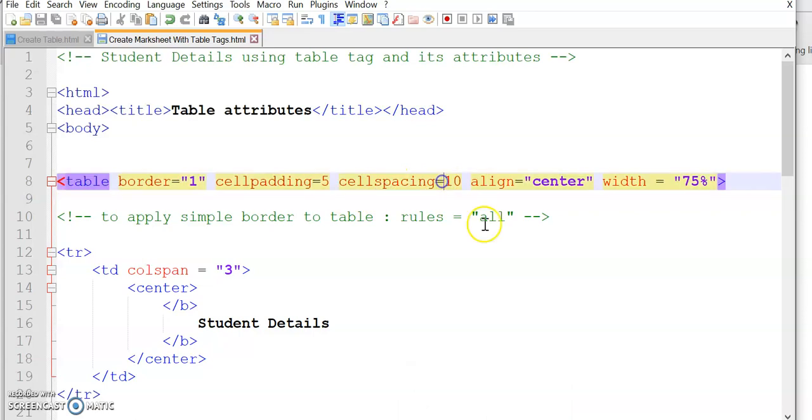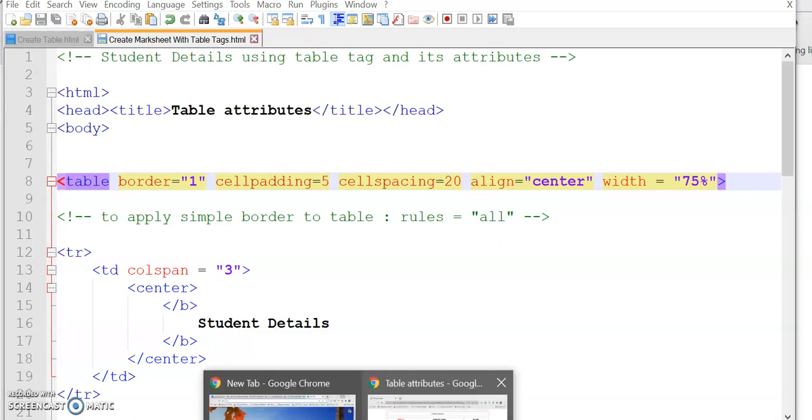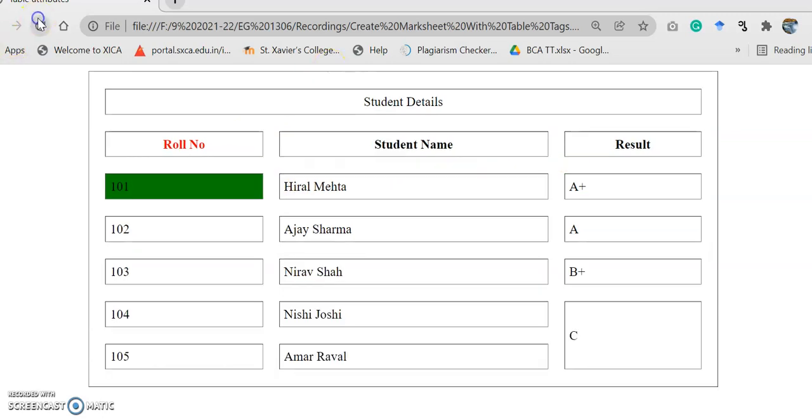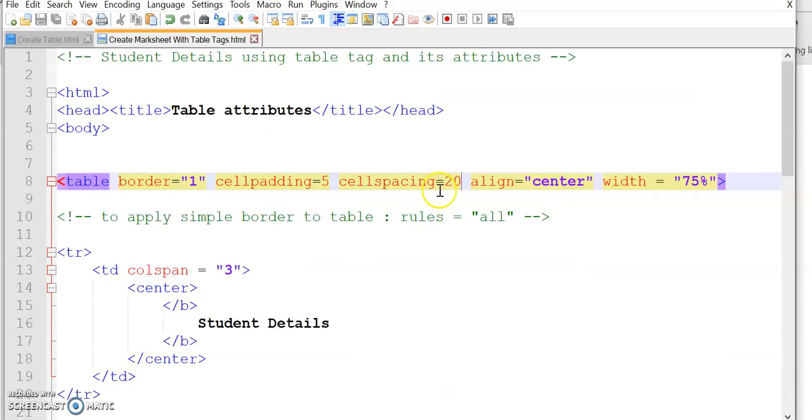Now see cell spacing. Currently it is 10. I'm just increasing it to 20. And let's see the effect. Just focus on this area, the space between two cells, all the cells, right? So you can observe the space between these cells has been increased.